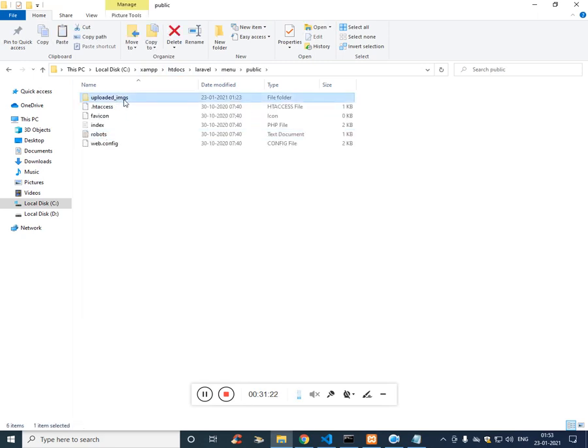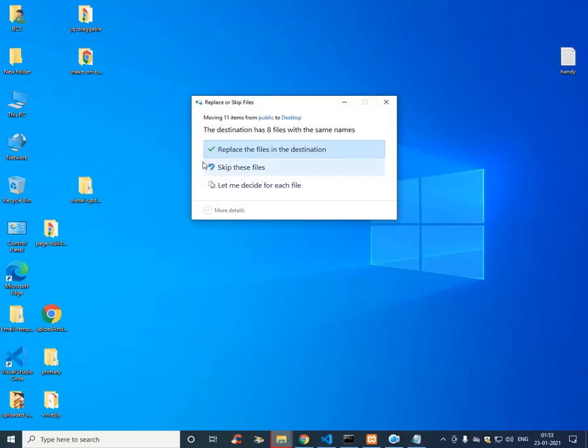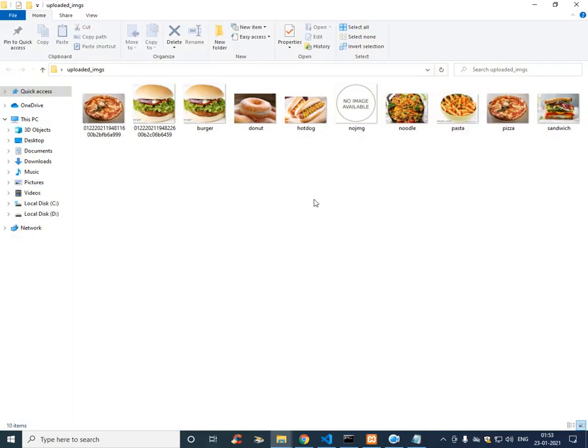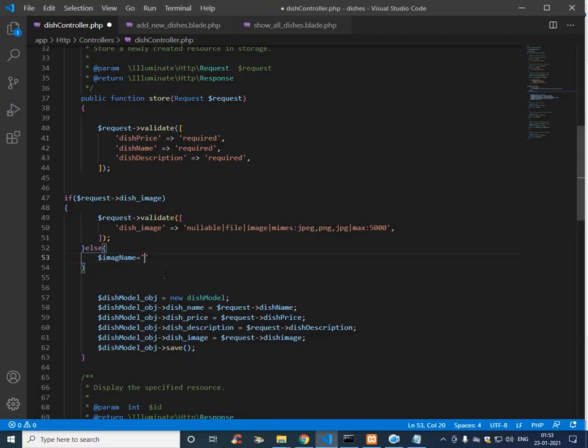This is the folder name. I have cut it and pasted it, which we already have. So this is the folder. We have a blank image called no image.png. So if there is no image, then display this image, which is no image.png. So this is simply the name.